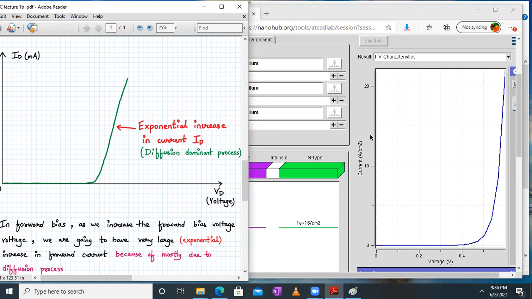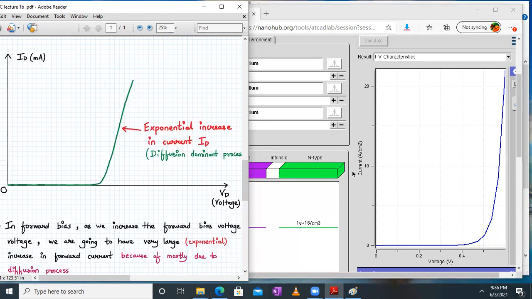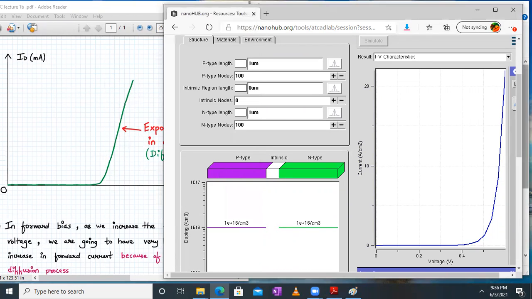As you can see, here on the y-axis we have current density, but no problem. Here we have plotted the current. Current density is just current divided by area. So here you get the sharp increase at any point of time. Let's consider this point over here. Here you have the current density at 0.56 volts. As you can see, it's increasing exponentially.